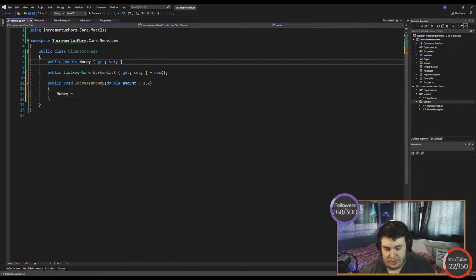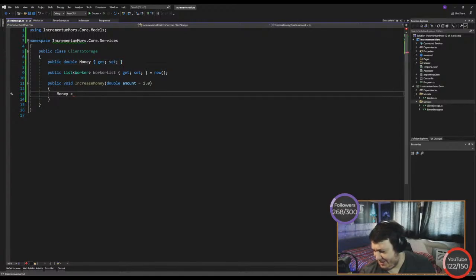Oh, actually, do you know what? We're going to do a U double. A U double's not a thing. I'm probably being an idiot there. U double's not a thing in C#. Might not be a thing. One second. C# U double. Oh, never mind, ignore that. It turns out doubles can't be unsigned. Oh, that's a shame, because I was really hoping we could get away with